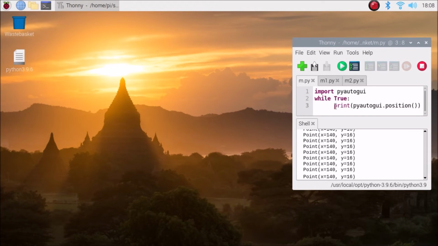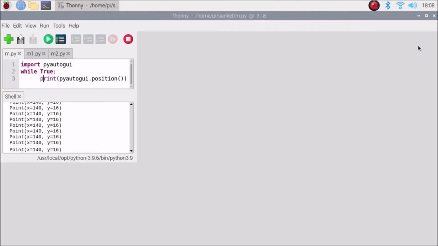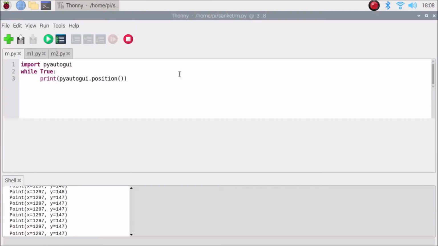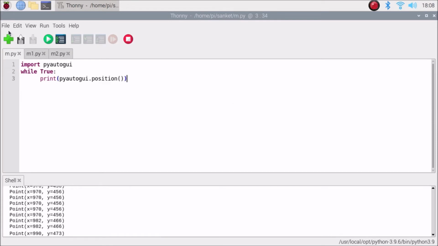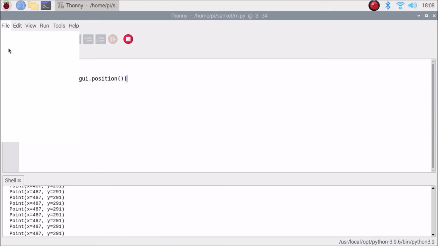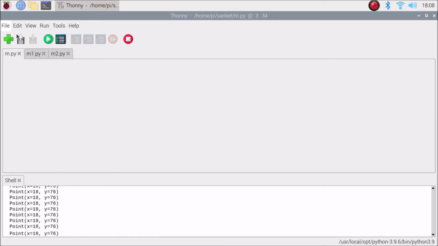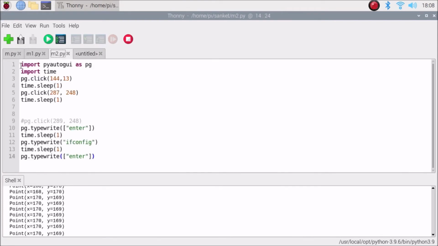Okay, so now if I go here and I just want to show you again, I'm going to make a new file here. So file, create a new file. Okay, and we are going to paste this basic module.